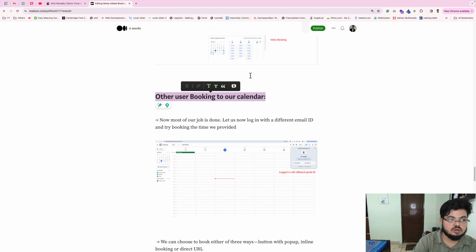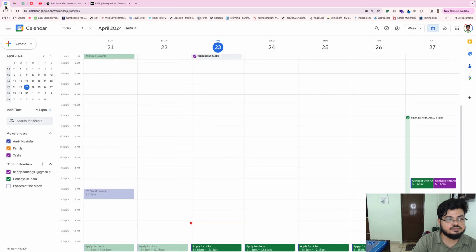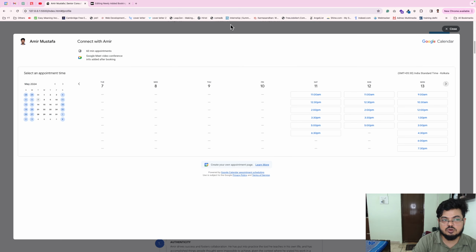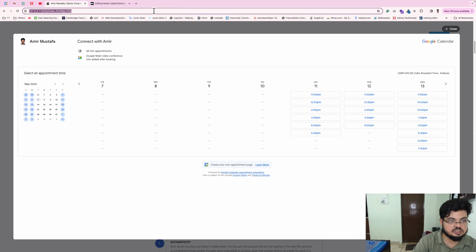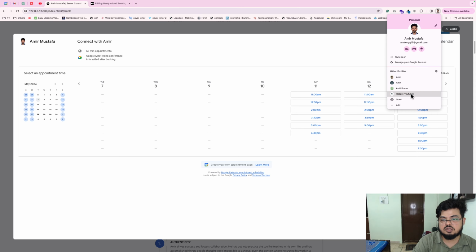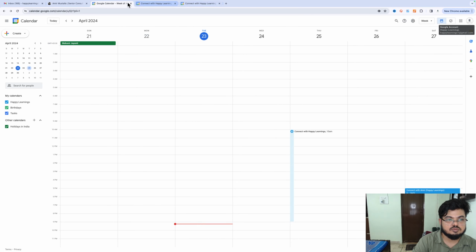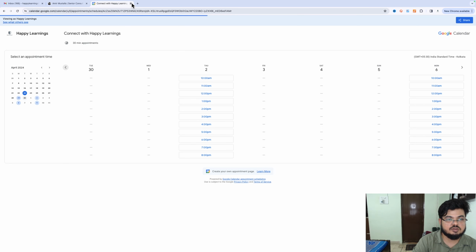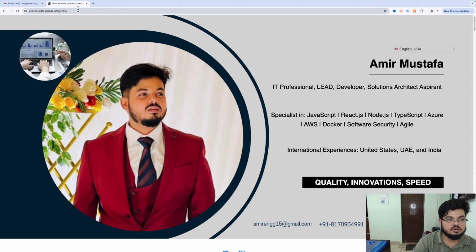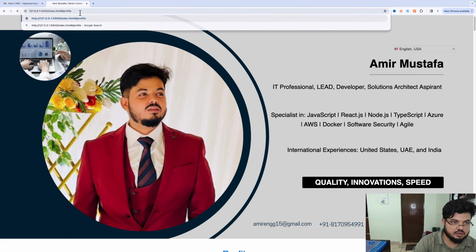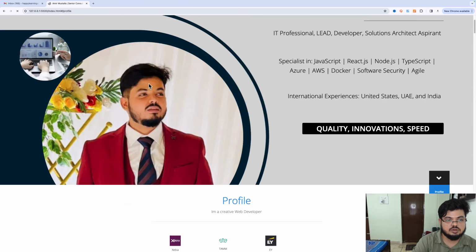Now the third piece, everything is done. How to book, and you'll be shocked to see how Google has easily modified it. You don't need to do anything in a hassle way. So you have this link, right? This is my website. Now suppose any other user, I'll go to this user. Suppose I don't have it, I'll close everything from here and have to open this one here. Okay,